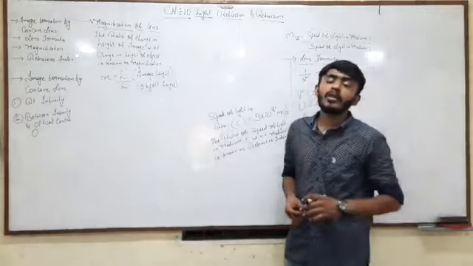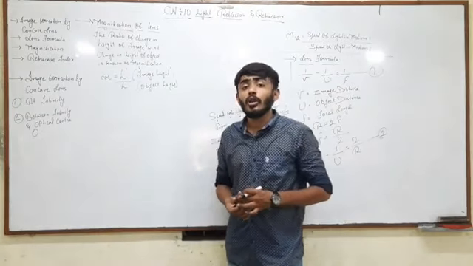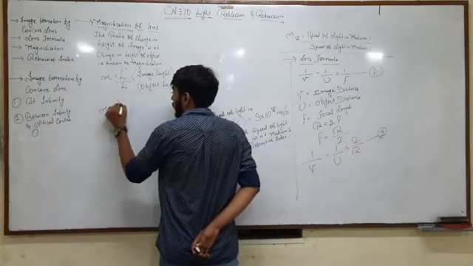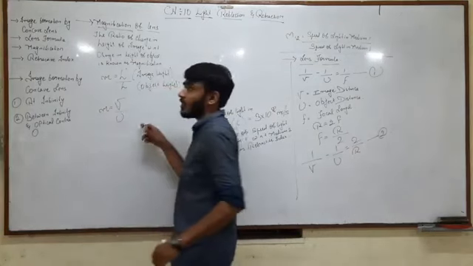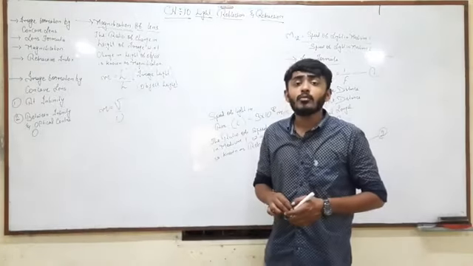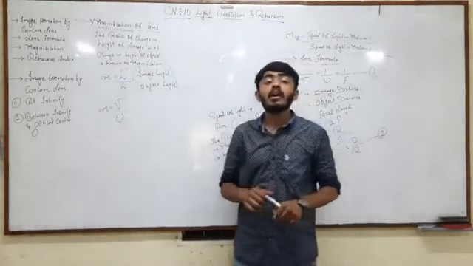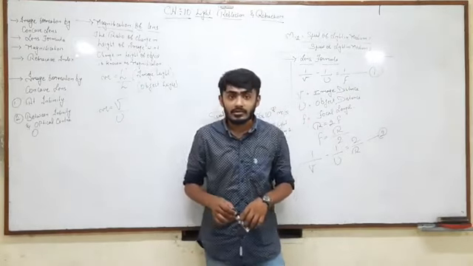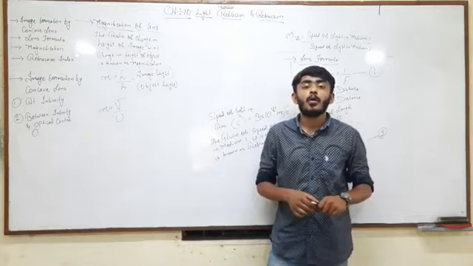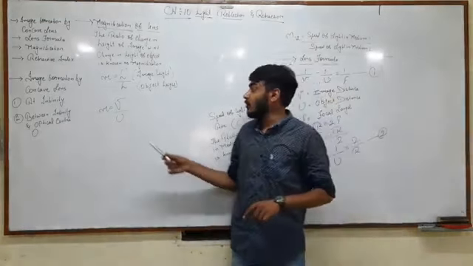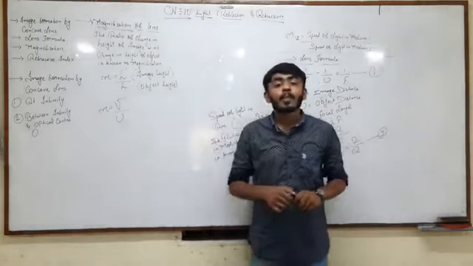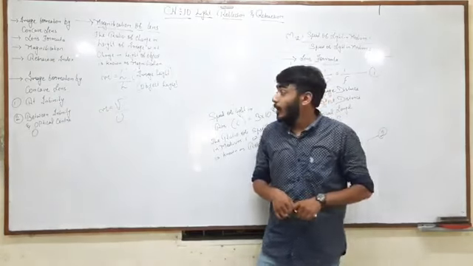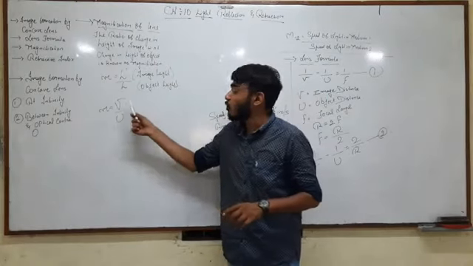Okay, one more formula we are having about the lens formula, that was m is equals to v upon u. See students, there is a change over this formula. In mirror formula, the magnification of mirror, the general formula for magnification was minus v upon u. It was the negative of the image distance upon the object distance. So m was equals to minus v upon u. But just now we are having m is equals to only v upon u.